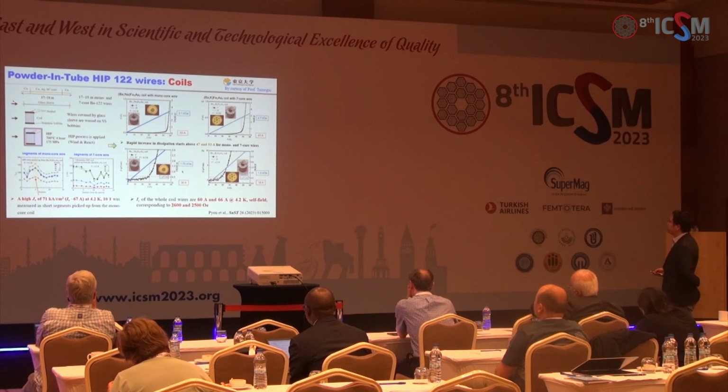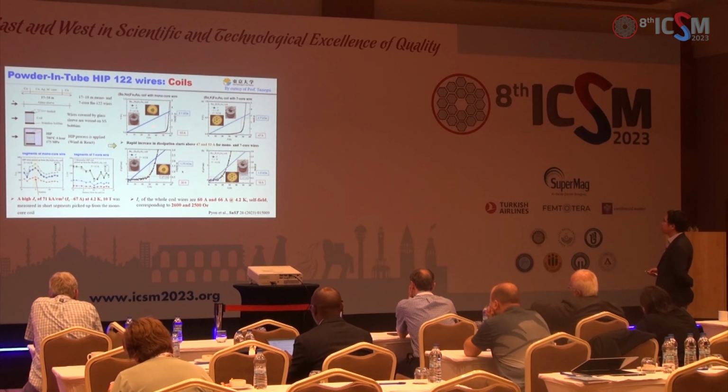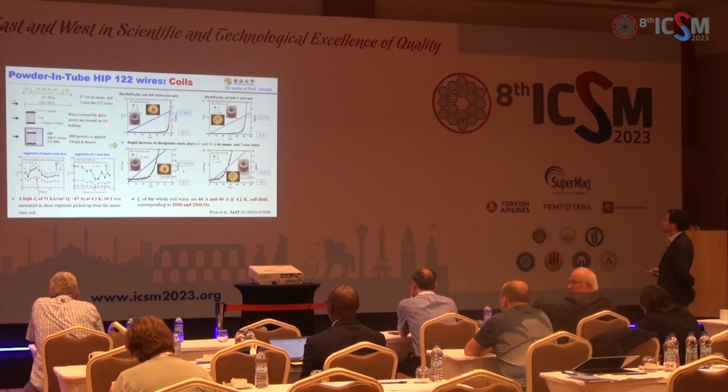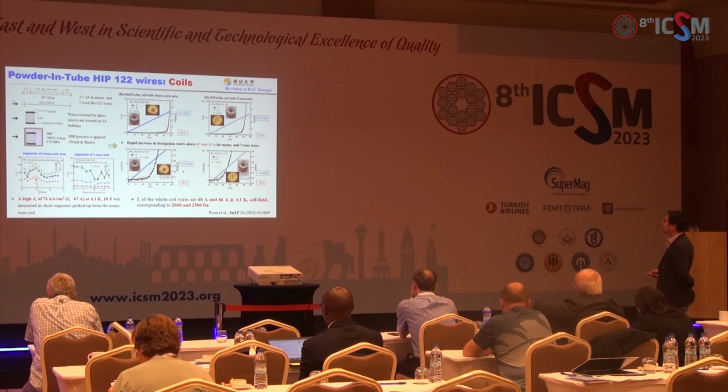The solenoid coils are also fabricated by the round wire by the heat process. Professor Dongliang's group, they have fabricated nearly 20-meter long mono and 7-core superconducting round wires, and the wires are covered by glass sleeves, and finally sintered by the hot isostatic pressing method. And here is the